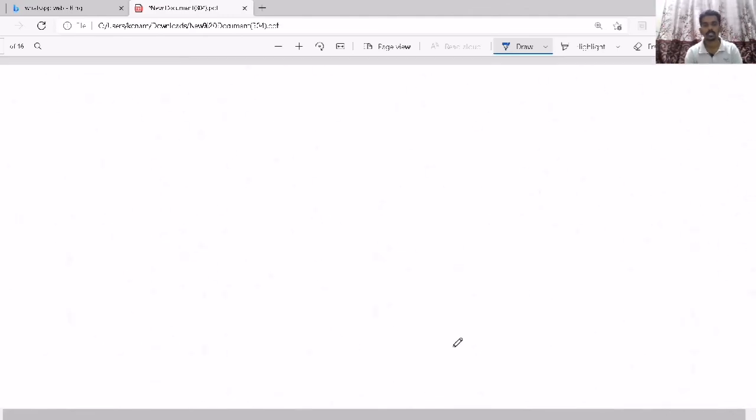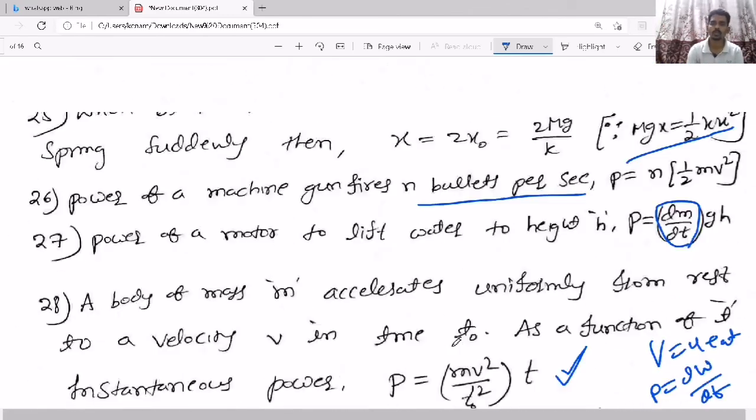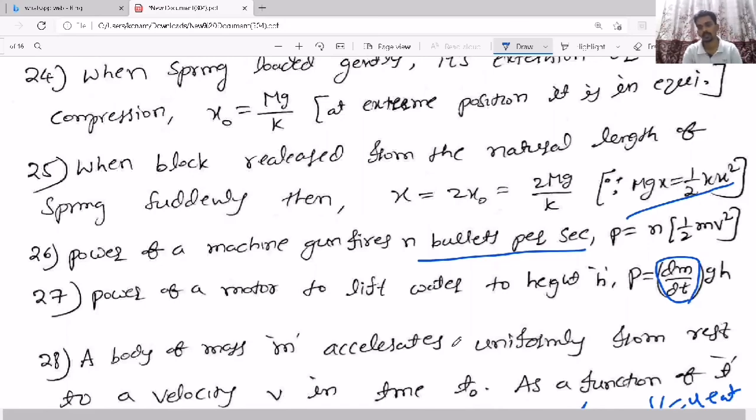So this way, please try to understand and try to solve questions based on whatever we have discussed: work, energy, power, collisions and all. One dimensional collision, one dimensional head-on collision, elastic collision, inelastic collision. A few more things we will discuss in continuation, and in the coming class we will also discuss center of mass and system of particles, continuation, right?